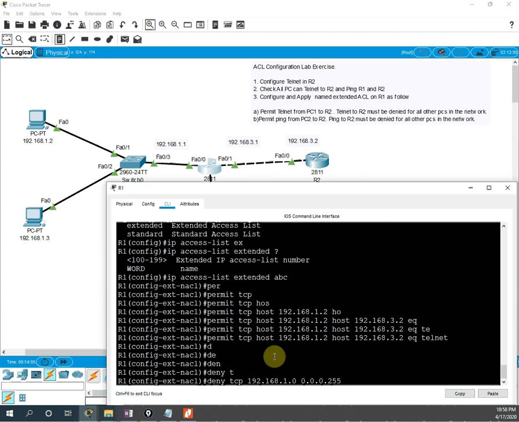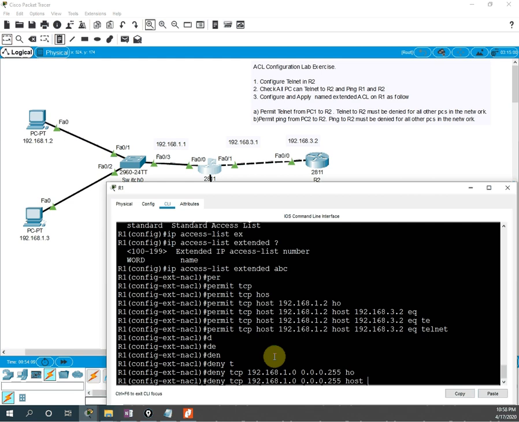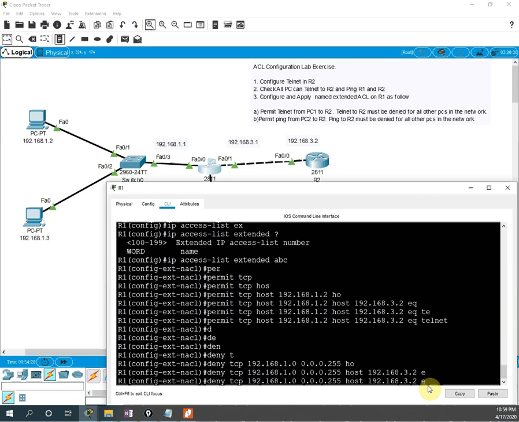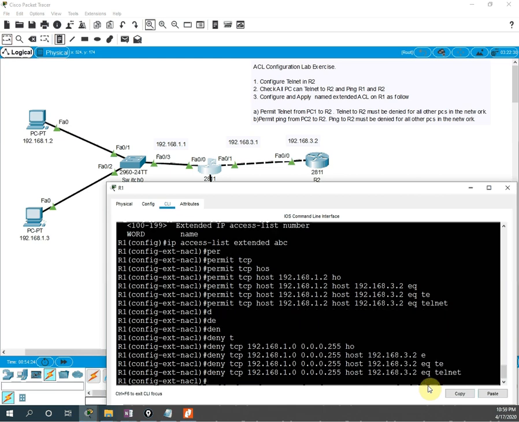Then a space, then host, and press tab. Then we need to write the IP address 192.168.3.2, the same as this one. Then eq telnet. So this denies the whole network.